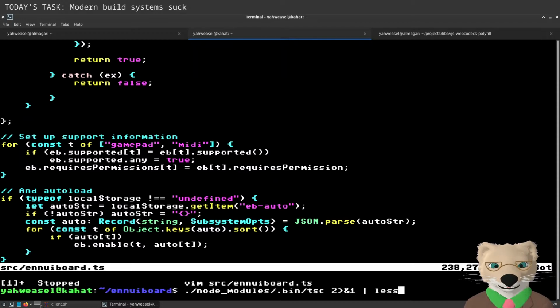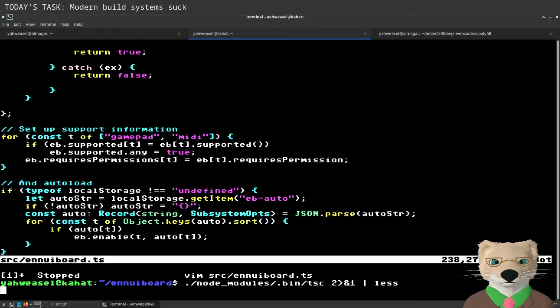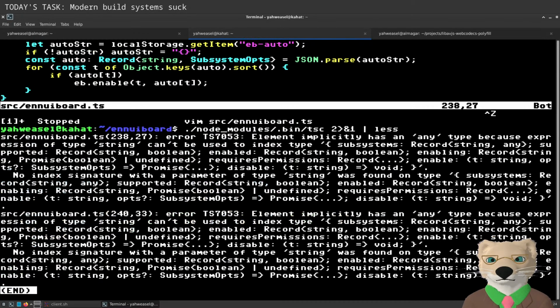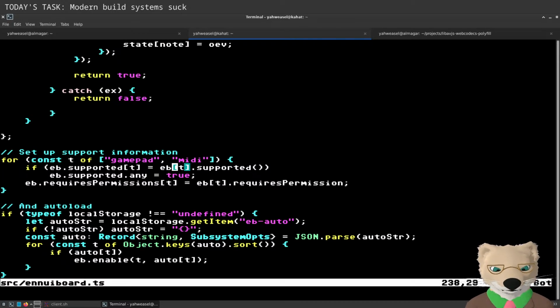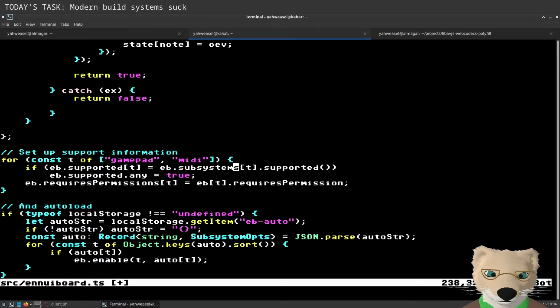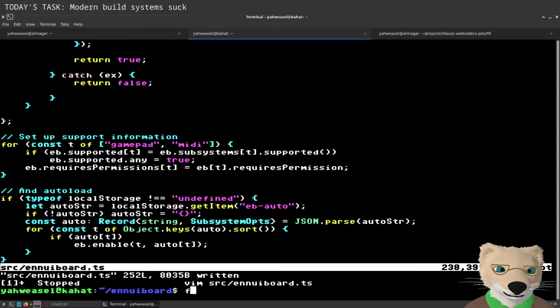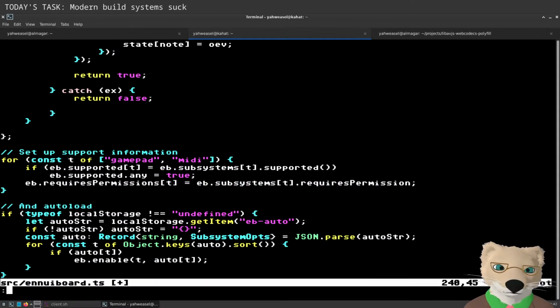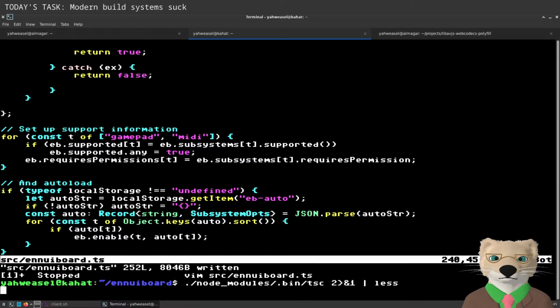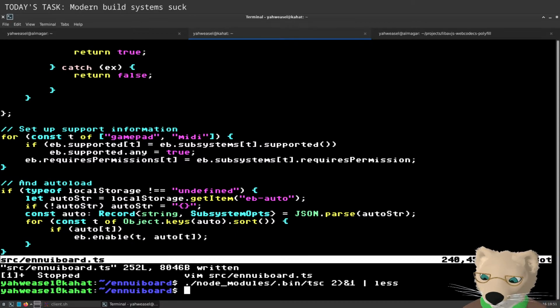What was the actual error message there? This is Leah's. Oh, I know what happened. Yeah, dot subsystems. So I changed up how that works, and similarly, it should be dot subsystems here. Look at that, it compiles.